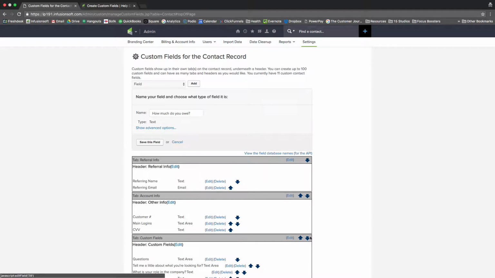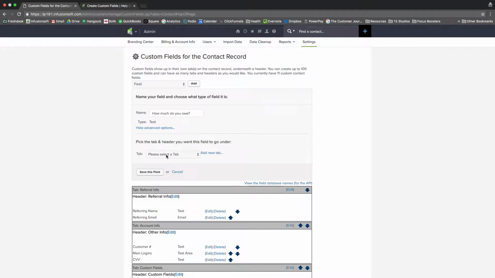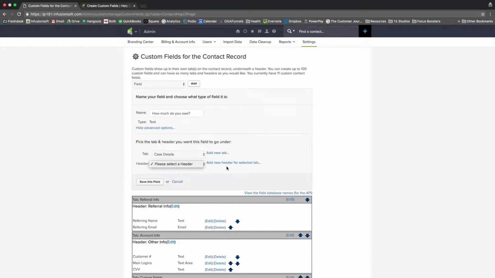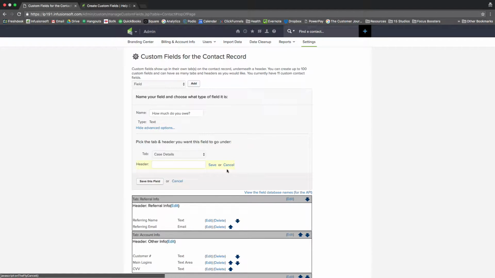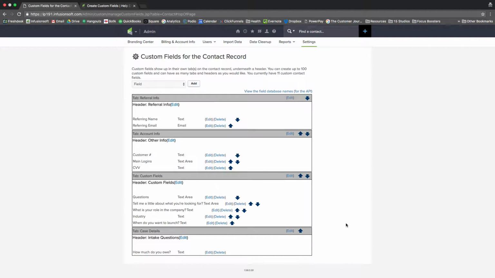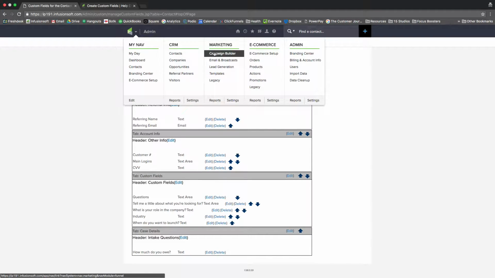It actually didn't save, so I'm going to go back here to show advanced options under case details. I thought I created the header. Intake questions, click save this field. And now you can see here under case details that under intake questions, it asks them how much do you owe. Now if I'm going to go here under campaign builder